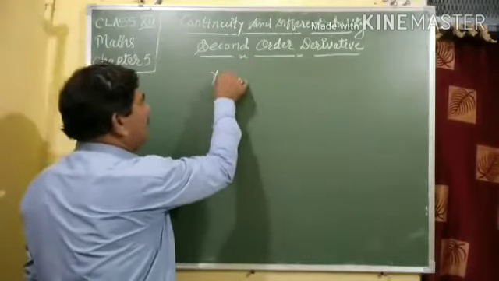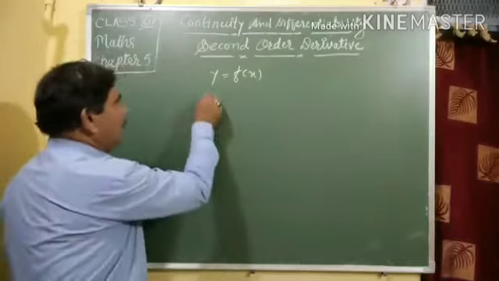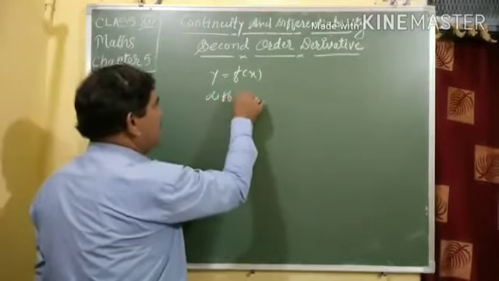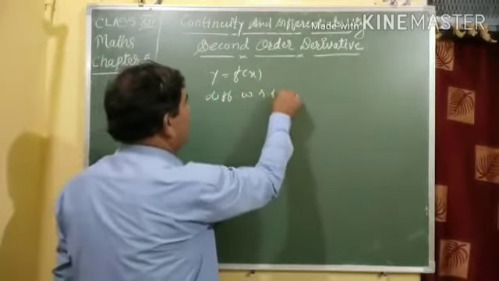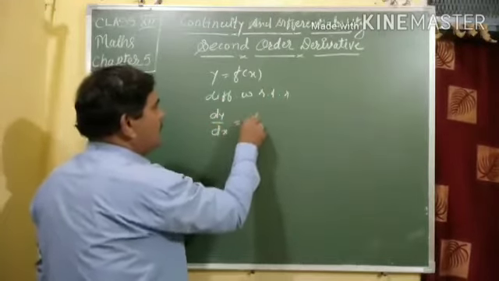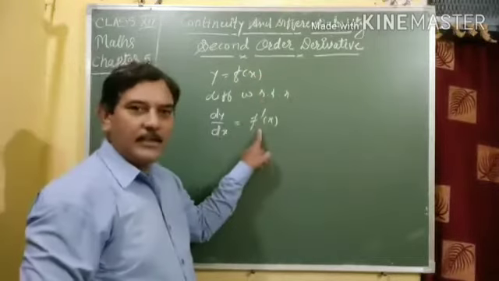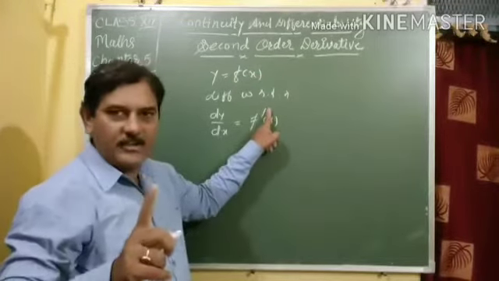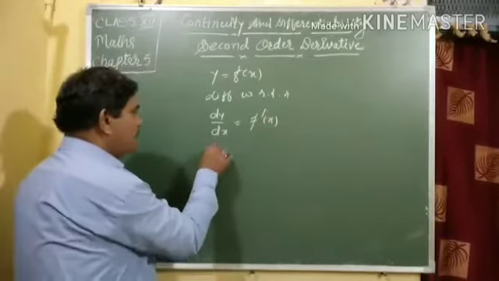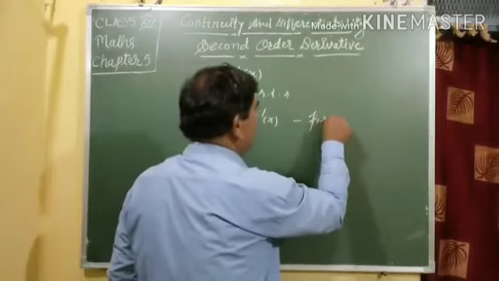Now look, y is equal to f of x. This is the function given, and you have to differentiate with respect to x. Differentiate with respect to x, then what will you get? This dy by dx is equal to f dash x, है ना. इसका अगर डेरिवेटिव डिनोट किया जाता है तो f dash सिंगल डैश. अगर मैं इसका भी डिफरेंशिएट अगेन करता हूँ, है ना, दिस इज द फर्स्ट डेरिवेटिव.